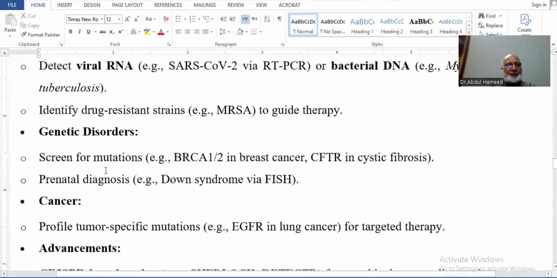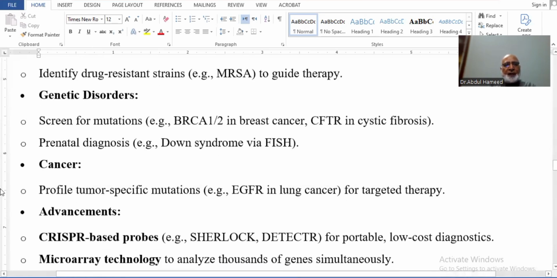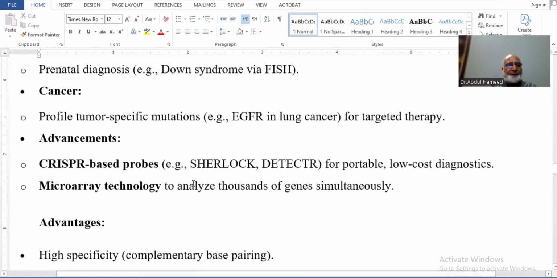For genetic disorders, we screen for mutations. For example, many genes may cause breast cancer or something else, so we can screen those mutations to see whether that person has them or not. Prenatal diagnosis, for example Down syndrome via the FISH method, and cancer profiling of tumor-specific mutations for targeted therapy. The advancement in this case is CRISPR-based probes for portable, low-cost diagnosis, and microarray technology to analyze thousands of